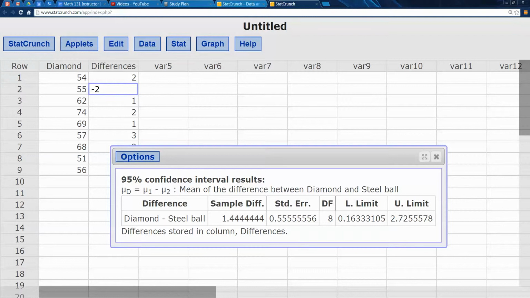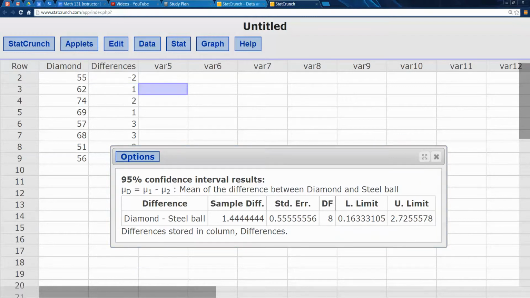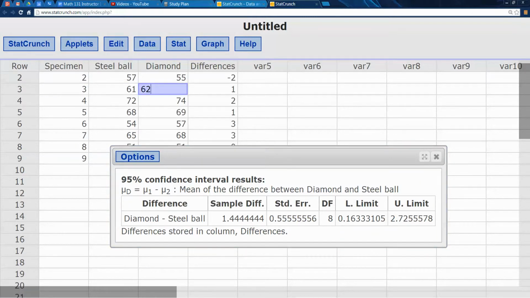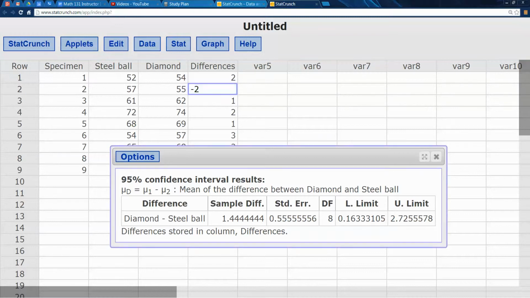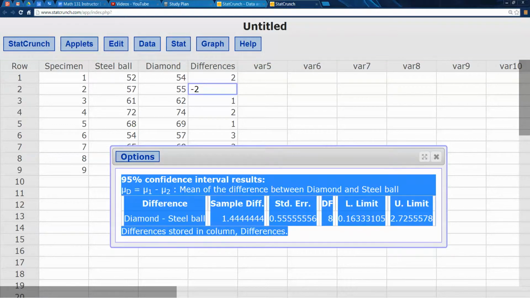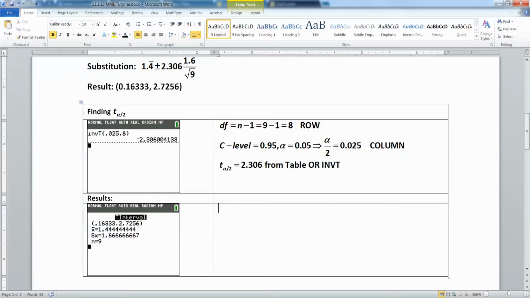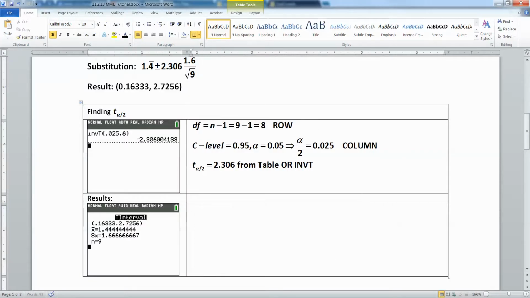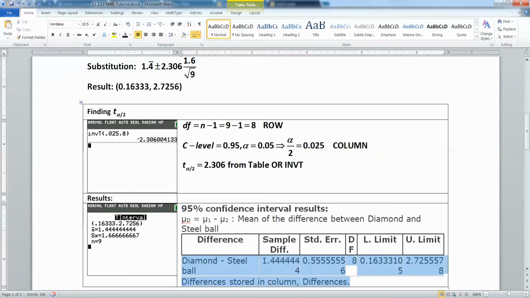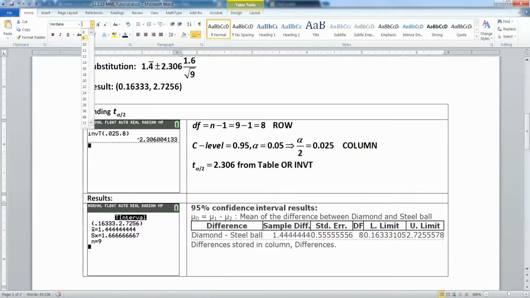And there we have it, right? All beautiful. There we are. So you can see them all. Okay, so we have our results right here. And notice how those match up with what we got from the calculator. So if you're doing it for your own homework, you don't really care which way you go as long as you get the right answer. So you could use the calculator or you could use StatCrunch. Either way, you'll get the same answer of 0.1633 right here and